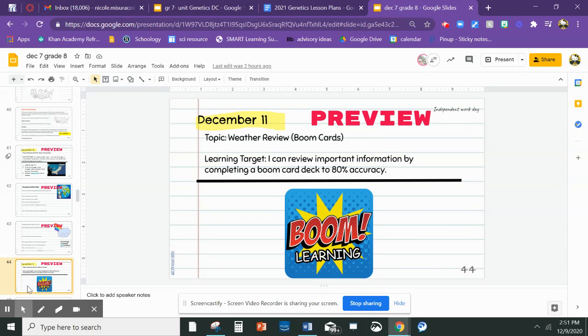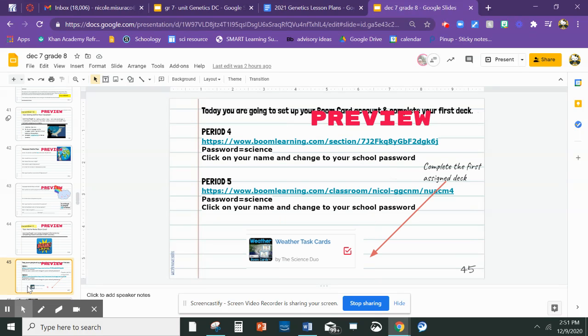And then on Friday, you're going to do something called Boom Cards. It's a vocabulary and question review. You'll follow the link for your class. You'll click on your name. The password is science. You'll then want to change your password to your school password and complete the deck for